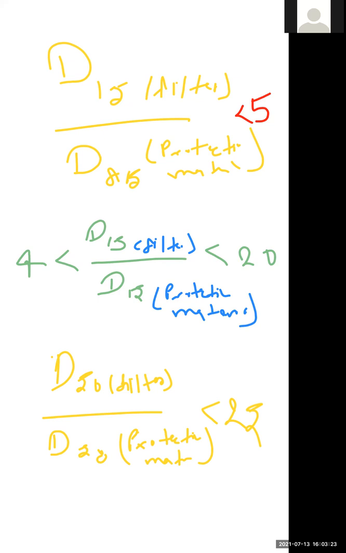So the protective filter permits movement of water but doesn't permit the movement of soil particles. The filter is designed as per the first condition, that is D15 by D85 should be less than 5, such that water enters but soil particles will not enter.